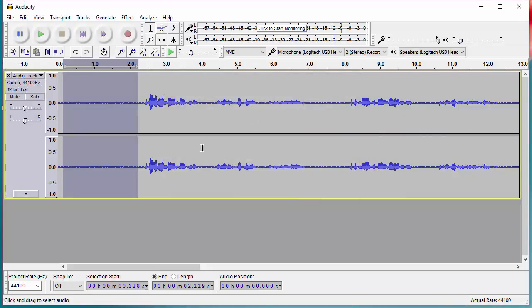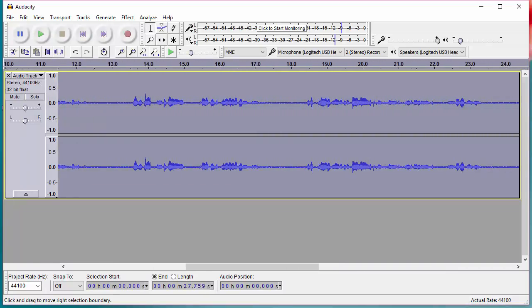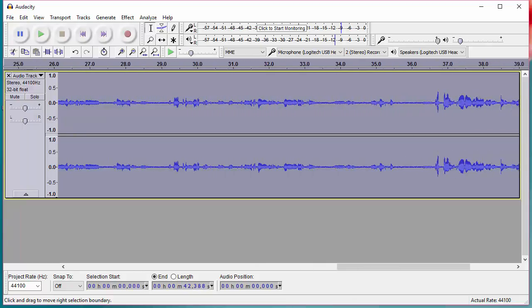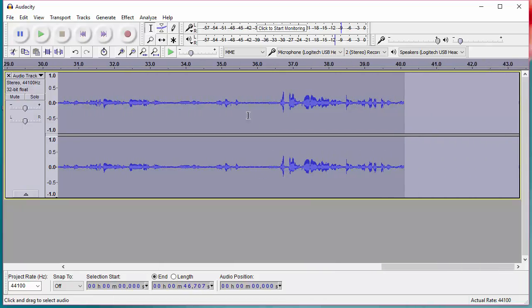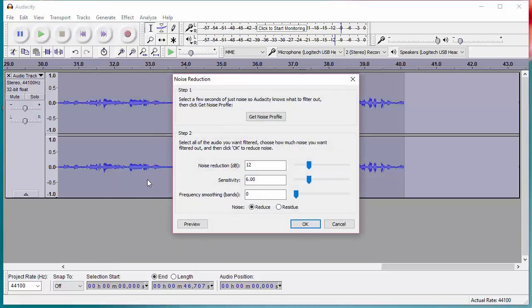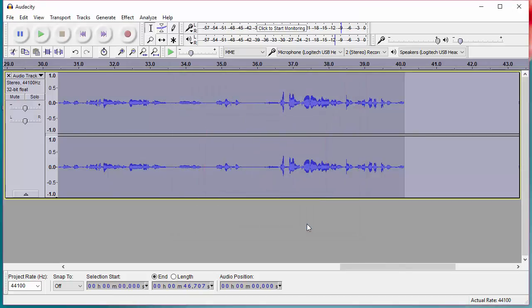Cool. Then the second part of it is I'm going to go back to the beginning here, and I'm going to highlight the entire recording, because now you're going to tell Audacity what part of the recording you want to take the noise out of. So I want to take the noise out, the whole thing. So I've highlighted the whole recording, go back into Effect, Noise Reduction, and this time I'm just going to press OK for reduce. Don't need to worry about the numbers. Just doing the default seems to work beautifully. So here we go, OK. So there it is, that's it.